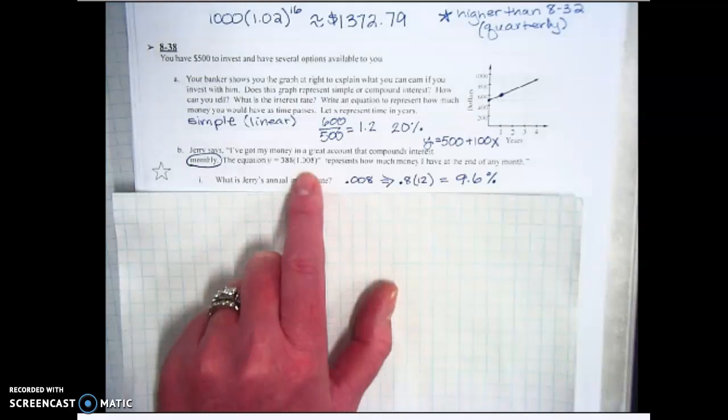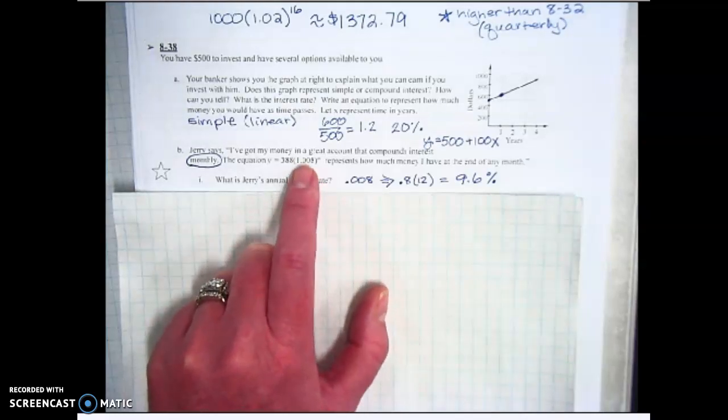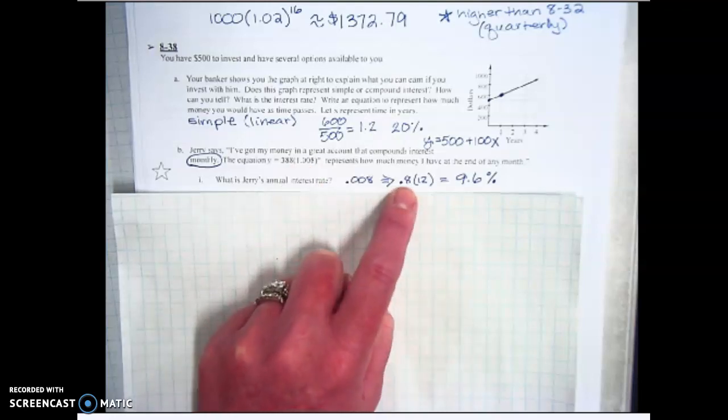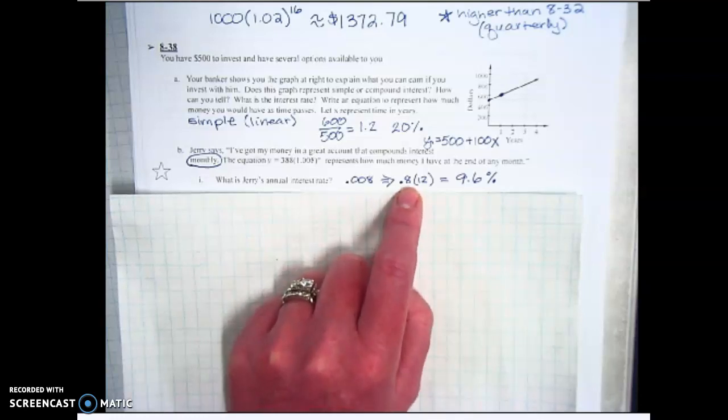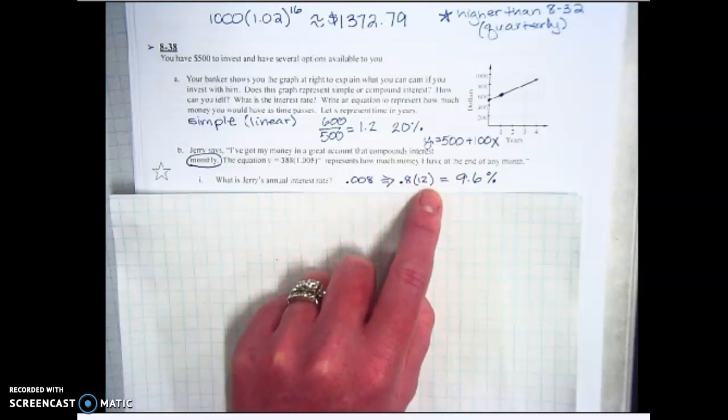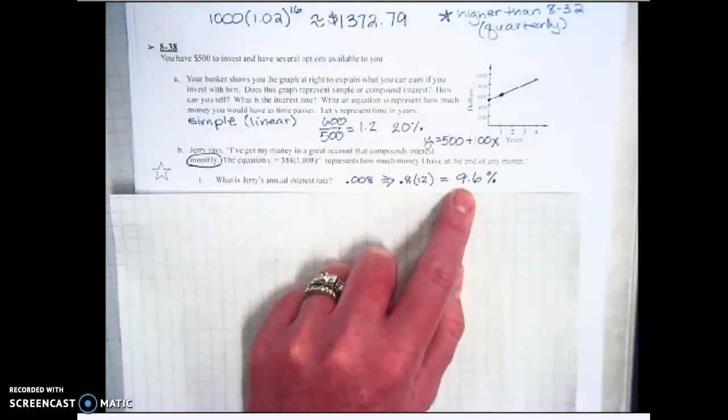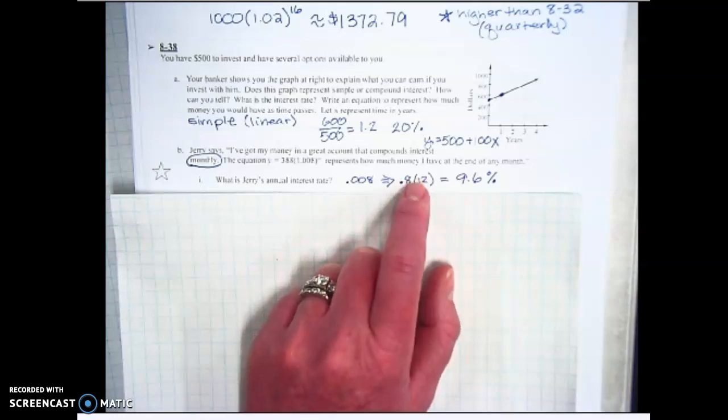If they're saying his rate is 0.008, we need to move that decimal point how many places to the right? 2 places to the right, which makes it 0.8 every month, but there's 12 months. So 0.8 times 12 means that it's actually 9.6% interest rate for the year. Is that better than 8? Especially when it's compounded monthly. So it's going to be compounded 12 times. And even though it seems like a really